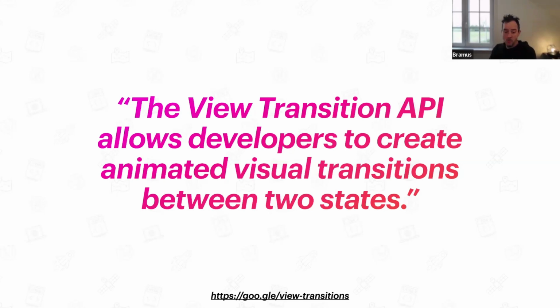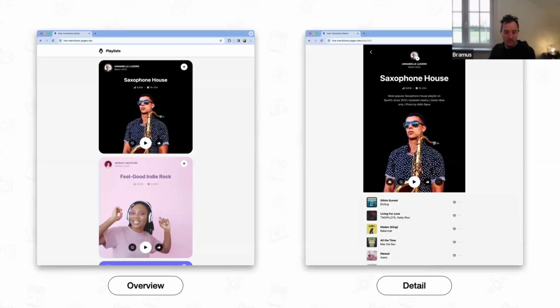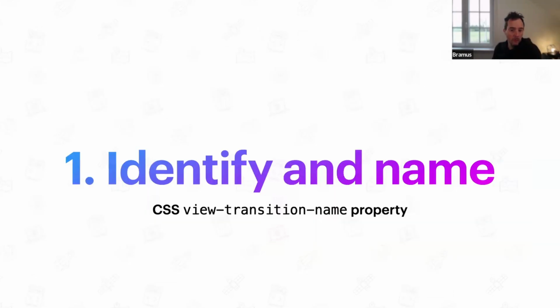Looking at that demo, I recognize these two states. You have the overview state and you have the detail state. When you click on it, it nicely transitions from the one view to the other, thanks to this View Transition API. To do this yourself, there's 3 steps that you need to do. Step 1 is you need to identify and name all the pieces that you want to see move around on the screen. You look at the picture and you say, this is this and that is that. And then you give them a name, and you do that using the view-transition-name property